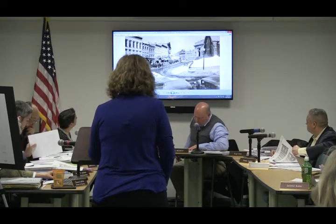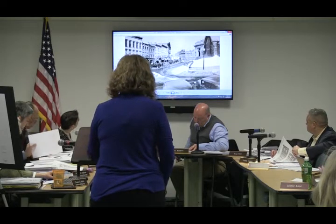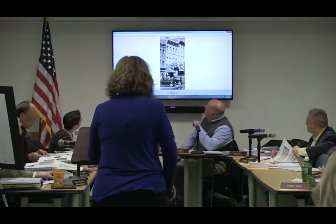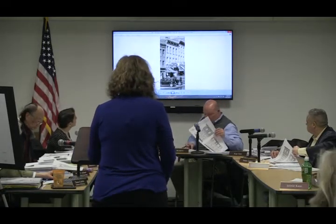The photograph, picture 3, shows the building with two separate awnings on either side of the center entrance of the apartments above. And there is a close-up. If you go to the next, there we go. From the picture we obtained with help from the village historian, Dana White, the enhanced detail which you're looking